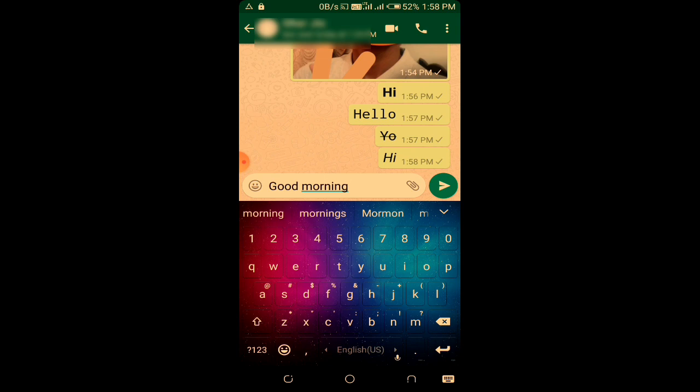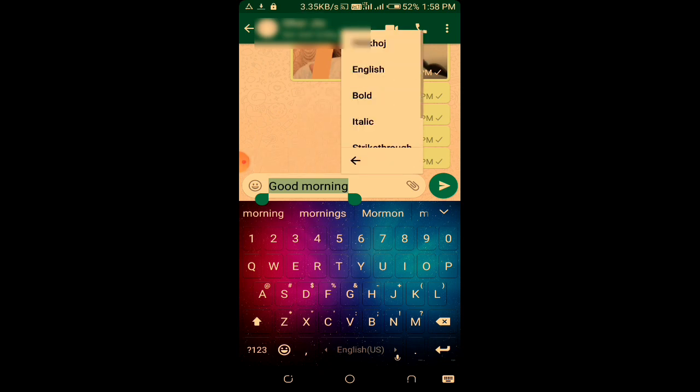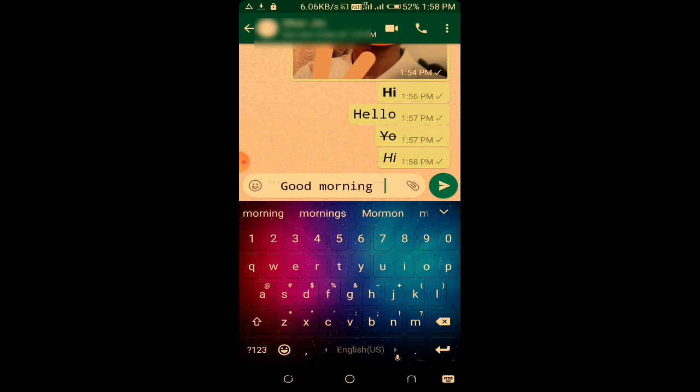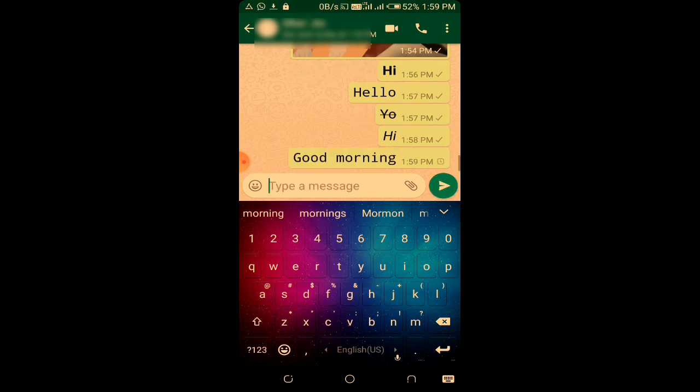For that, first of all you have to type any text and select it. As you can see on the right side of the screen, there are 3 dots, and you have to simply tap on it. Oh, by mistake I deselected all, but no problem, we'll select it again. On the right side you can see the 3 dots, so simply tap on it, and now you can see the different font styles that I told you about earlier appearing on your screen. You can see the different names, and I have clicked on monospace because I like this font style. So you all can see that this has made your work easier.